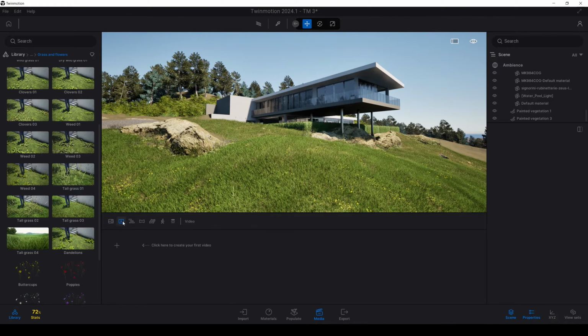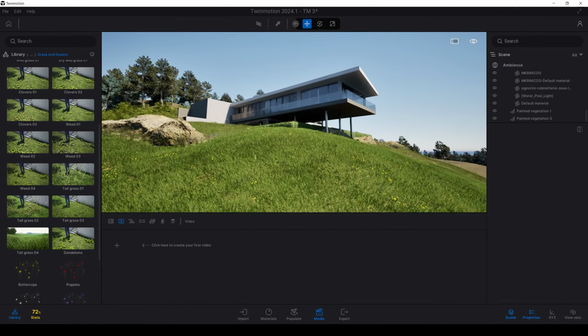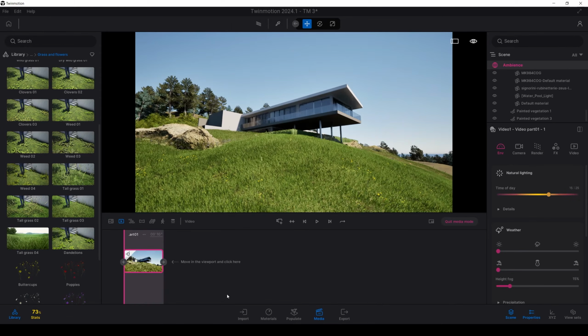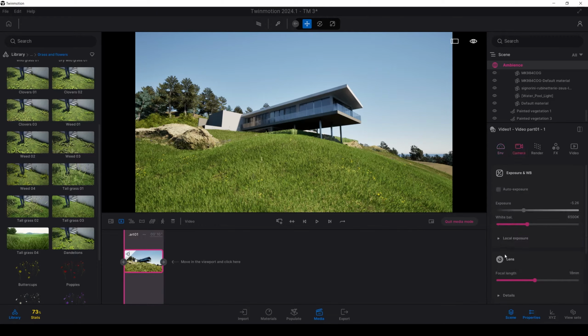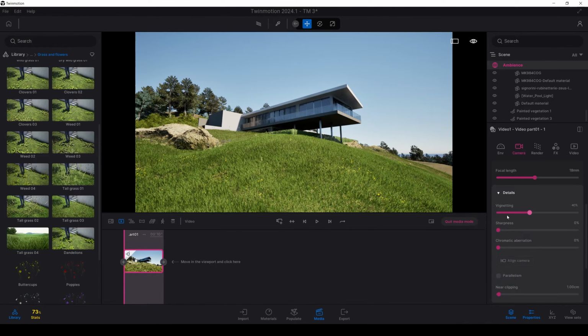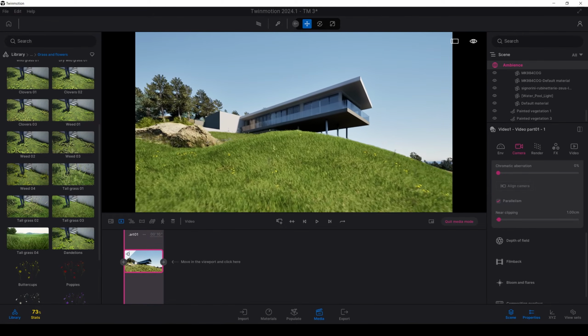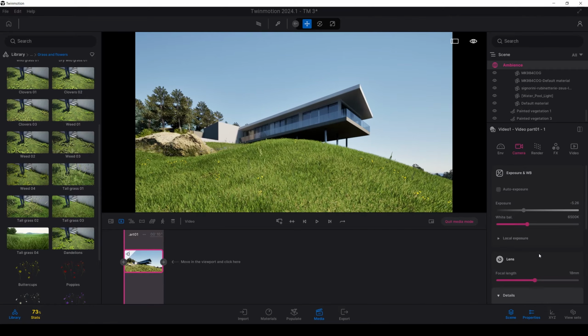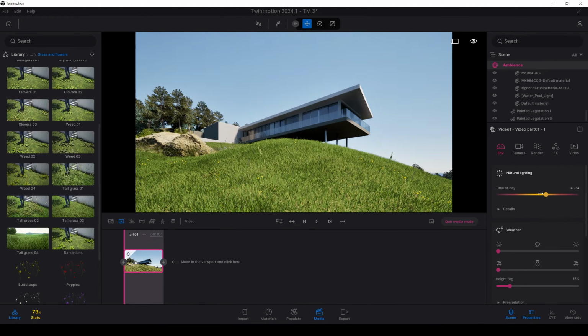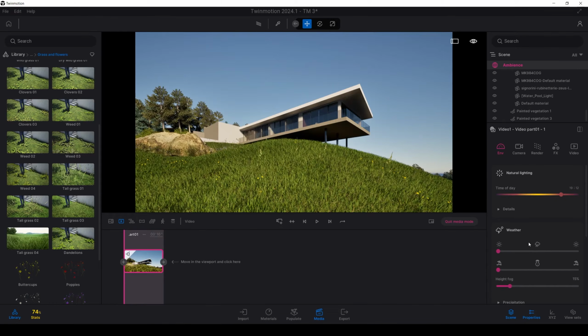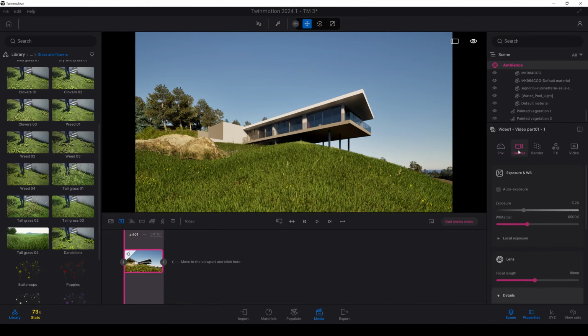Let's go to media, go to video and save this angle. After that, we will change some settings. Under the lens, let's open these details and reduce this vignette. Maybe open this parallelism and let's close the grass like this. And maybe changing the time of the day will be better. Something like this. After that, under the camera, we can change the white balance and we will click this auto